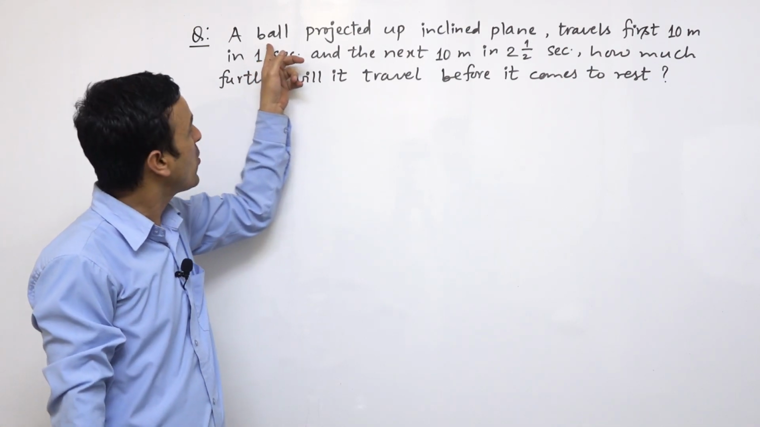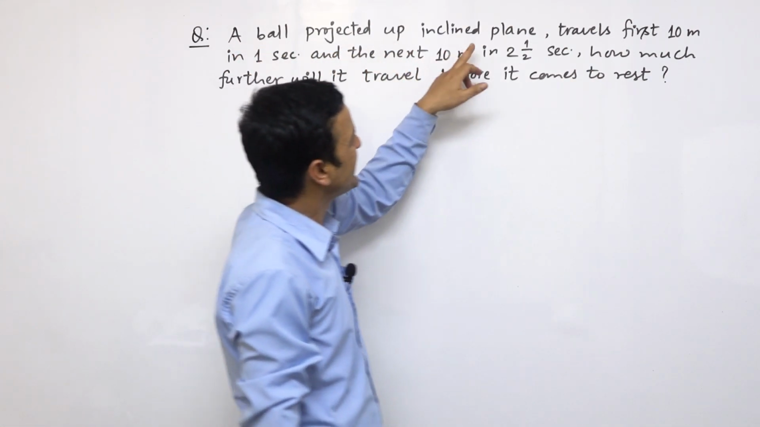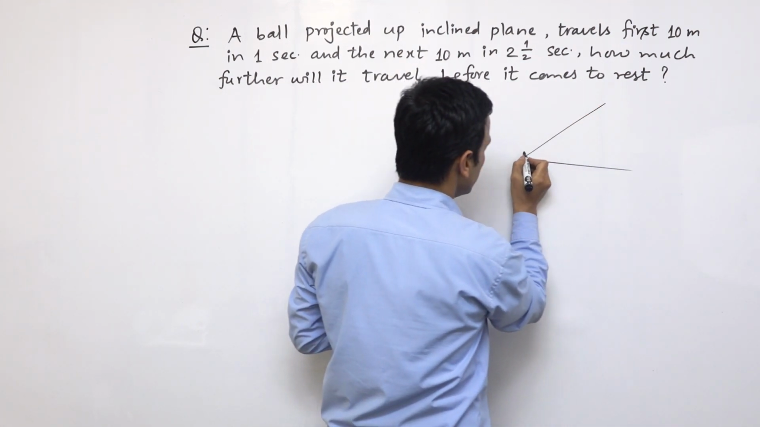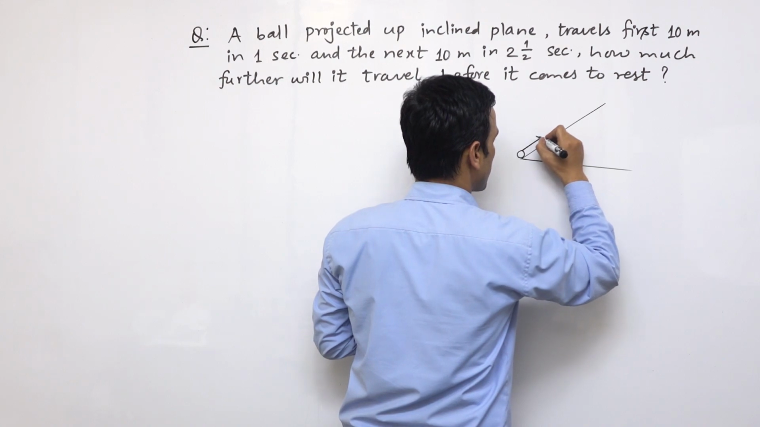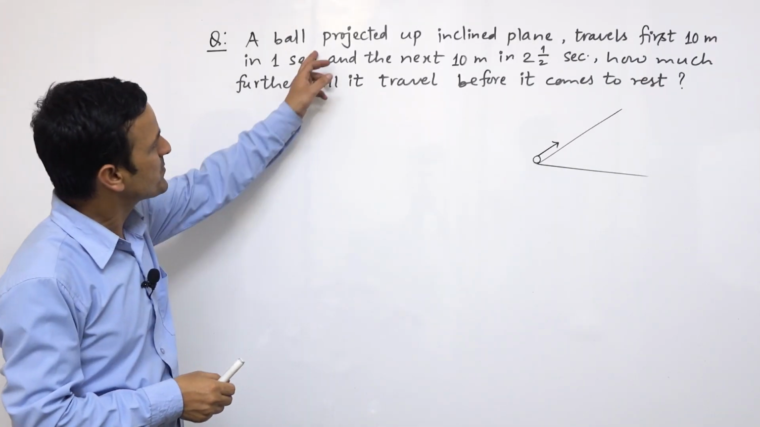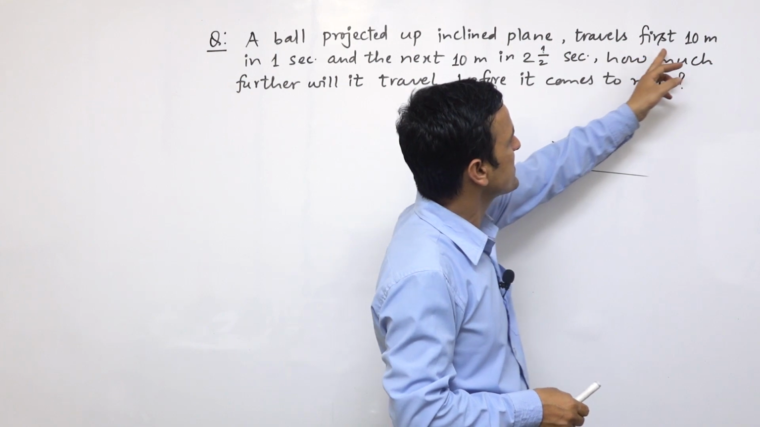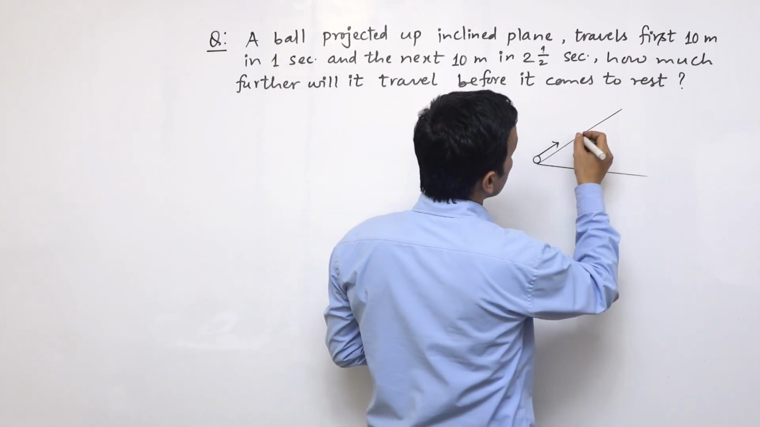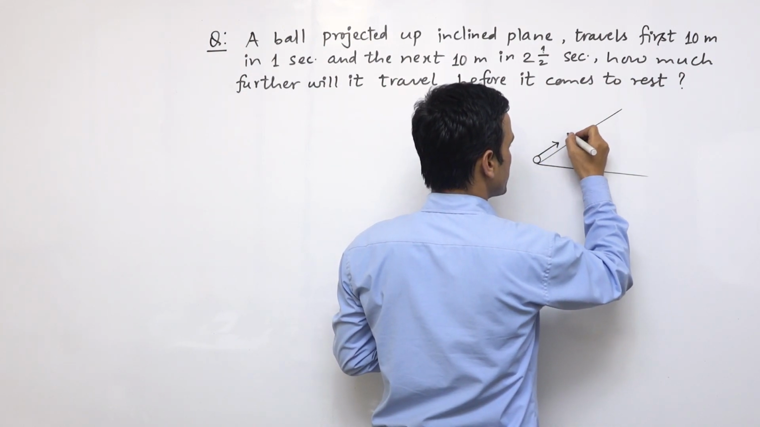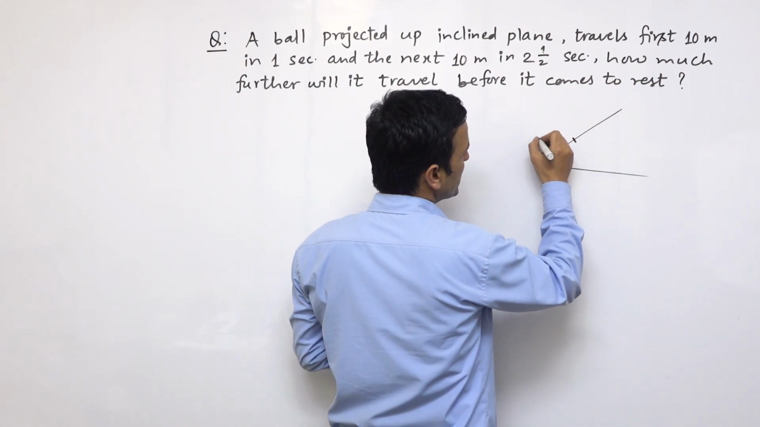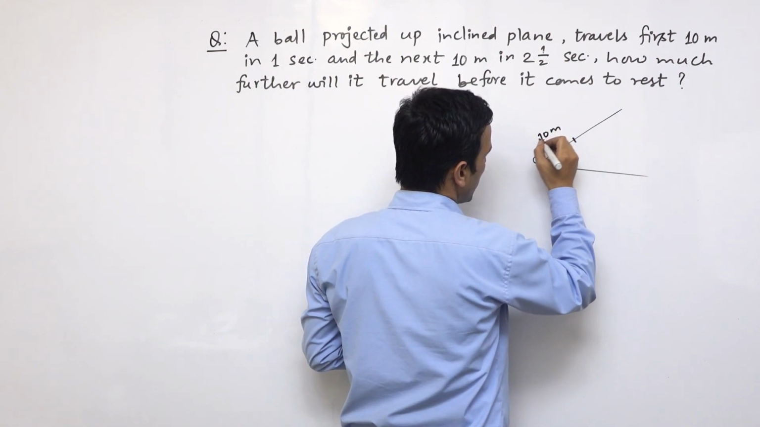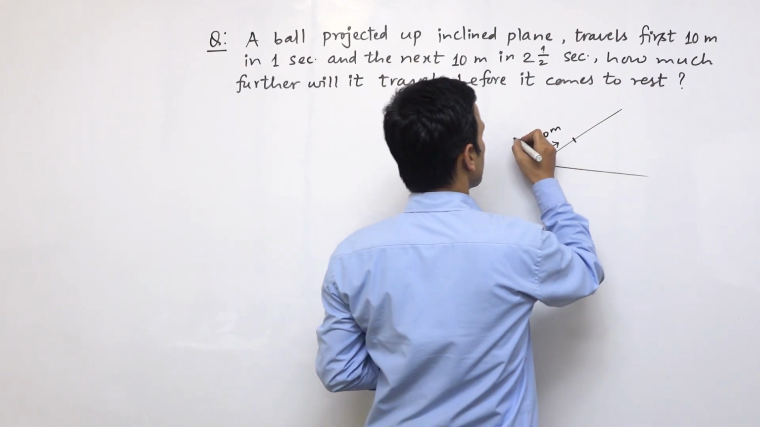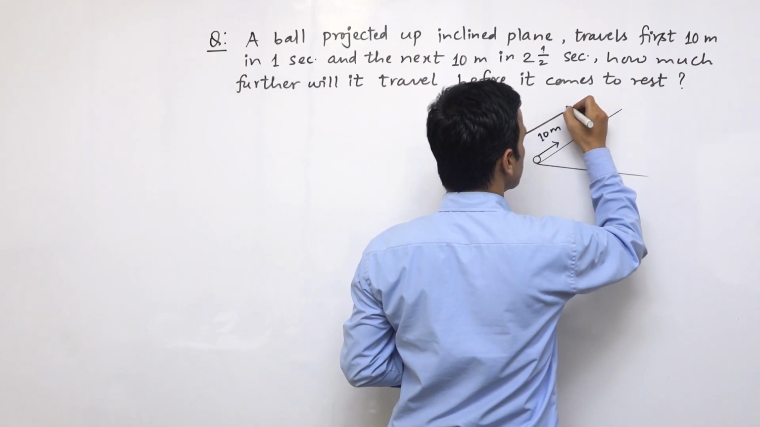Okay, we have this problem now. A ball is projected off an inclined plane. एउटा inclined plane मा हाम्रो ball projected गरिएको छ, and the ball is projected off the inclined plane, travels the first 10 meter in 1 second. So first 10 meter cross गर्दा it takes 1 second, and the next 10 meter, so from this to this अर्को 10,